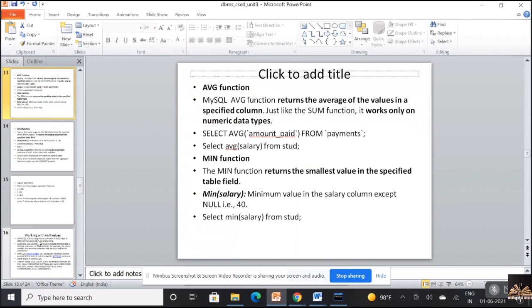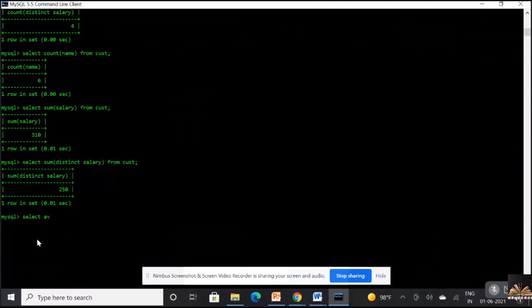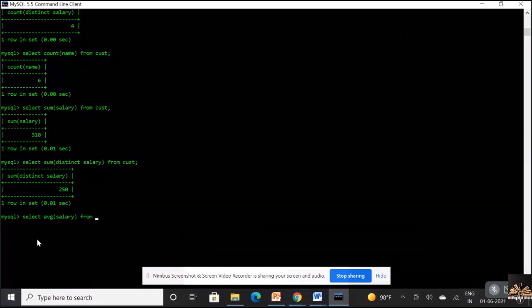And just as with the sum function, average is also used with numerical data types. Now, select AVG of salary from.